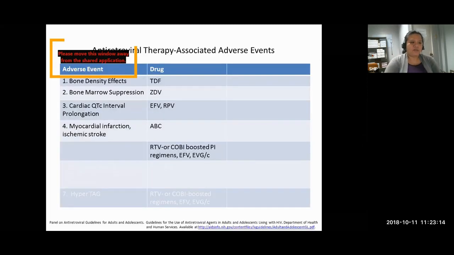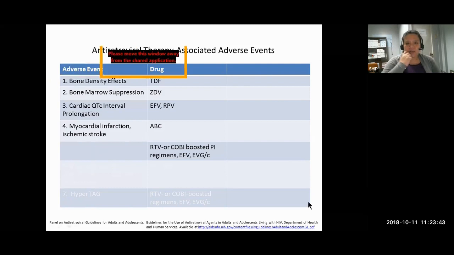Okay, next, cardiovascular conditions such as myocardial infarction and stroke. So this is seen most commonly in patients on abacavir. Sometimes even on cobicistat-boosted PI or efavirenz and elvitegravir, but most commonly abacavir. So if you have a patient who is suffering from past MI, cardiomegaly, arrhythmia, past stroke, please avoid giving abacavir